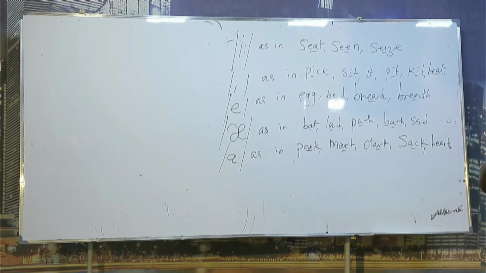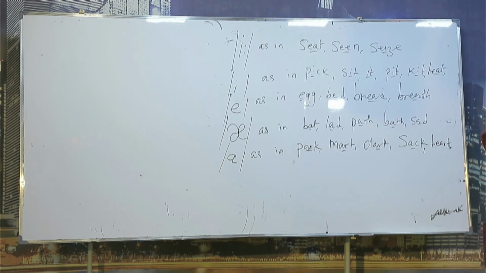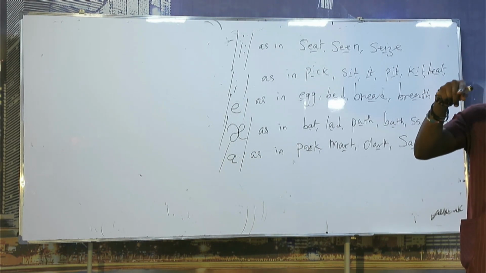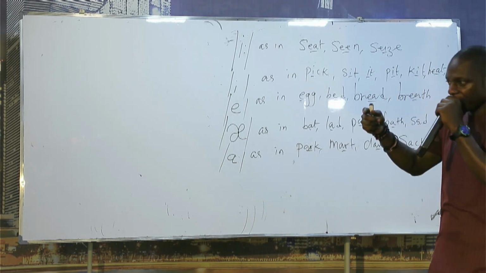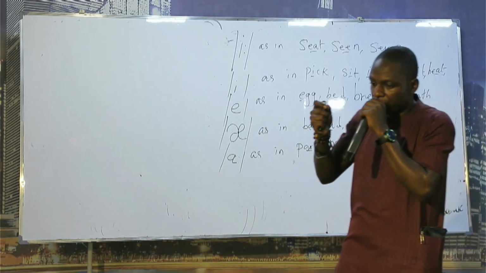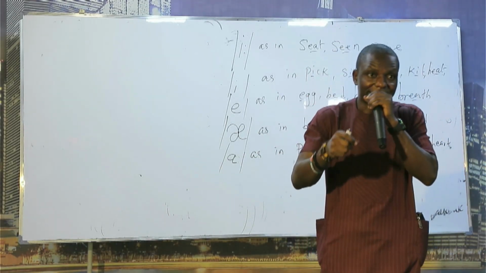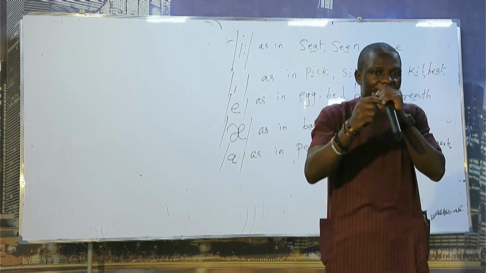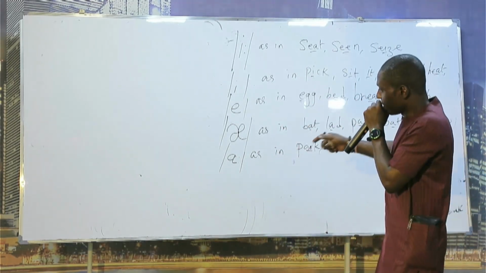Did you get all of that? I said again, a diphthong sound can be defined as the gliding movement of the tongue from one vowel quality to another vowel quality, realized as a single distinctive sound segment. Full stop. Did you get all of that? Thank you. Now let's continue.